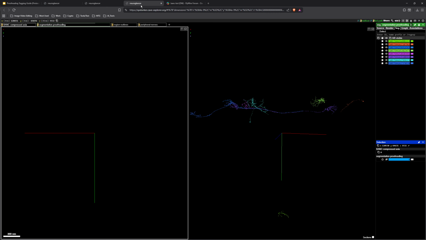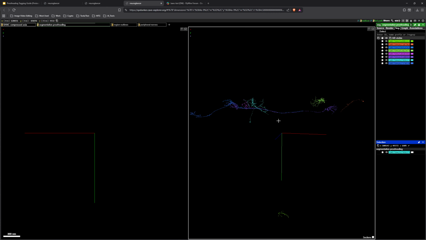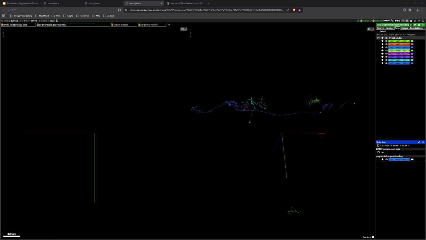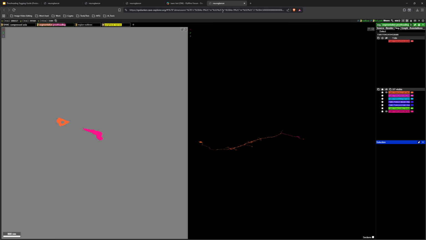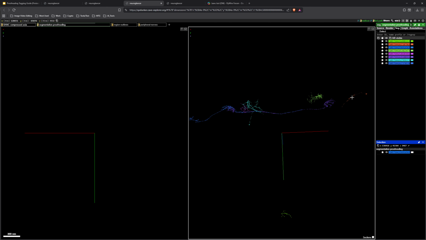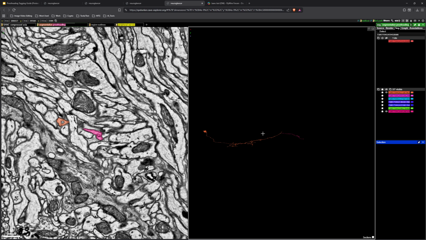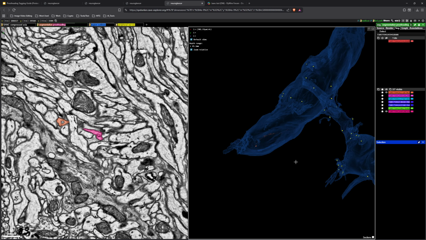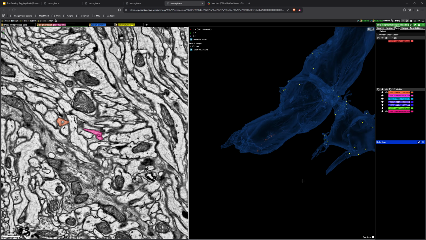Now, if you would like some general proofreading tips that I have been sprinkling in between, we also have some can't fix labels that I want to show you guys, as I was able to fix some of these, not all of them, but some of them. So let's take a look. Here is, I believe, this cell. Yes. Okay. So this cell is an optic lobe cell,